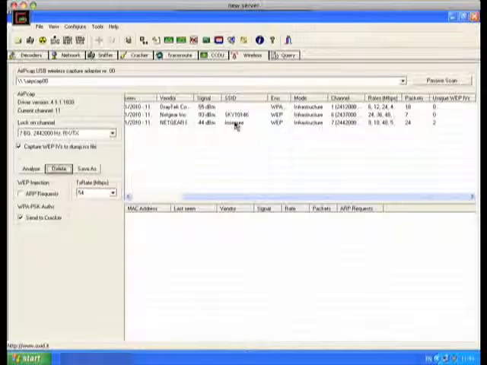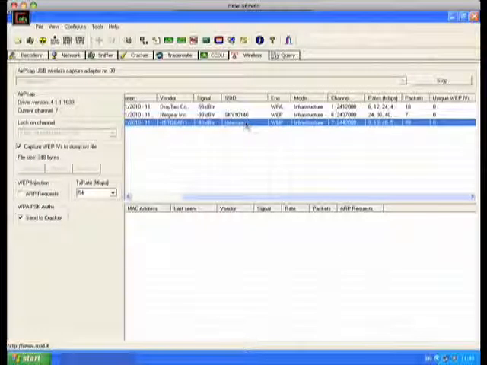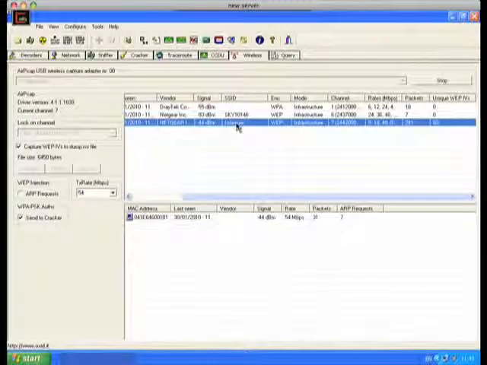So what we'll do is we'll start off our passive scan again. We'll click on the entry there in the table for the insecure network, and if I just connect to that, okay, so we've got a connection, and what you'll notice down here is we've got so many ARP requests. Address resolution protocol, that's a topic for a different tutorial. But basically what that's done is it's recorded those requests that have been sent, and what we're going to actually do is replay those requests to the access point,